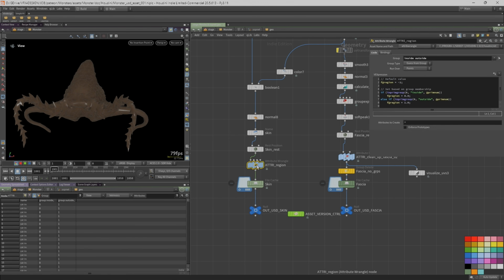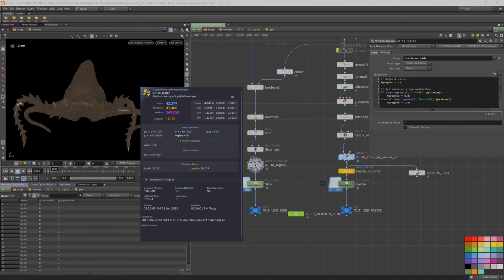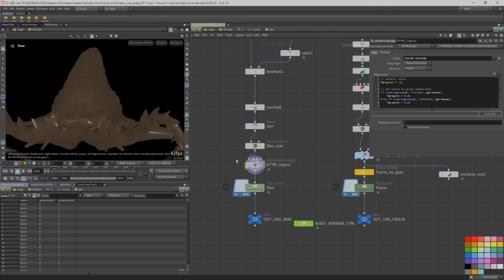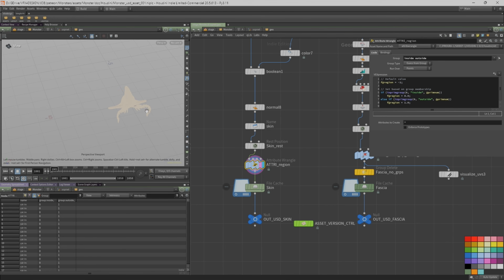I'm creating an attribute called region, taking the boolean groups like so and creating a black and white attribute, so I can multiply the displacement. So essentially what's going to happen if we quickly jump into SOPs -1 W,